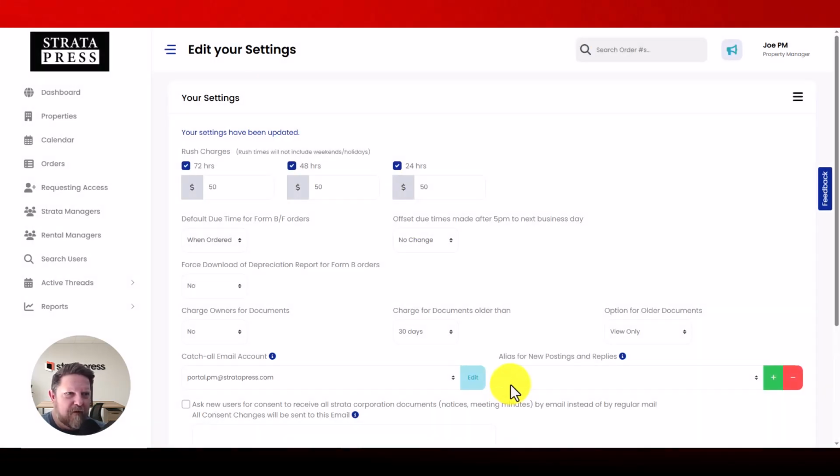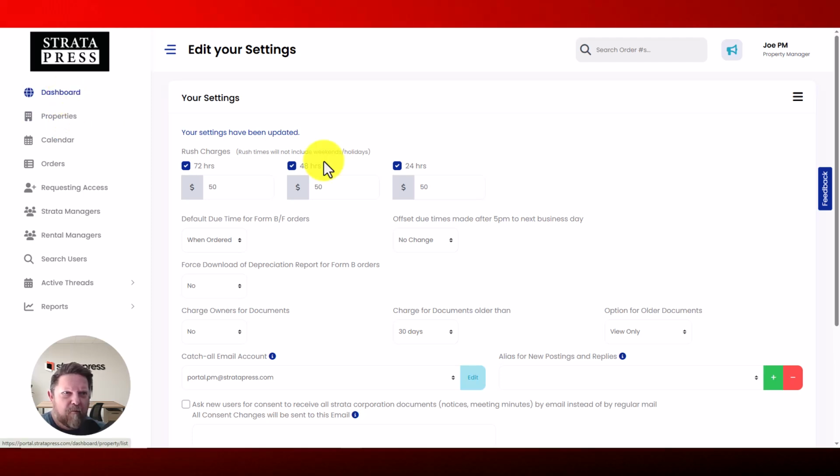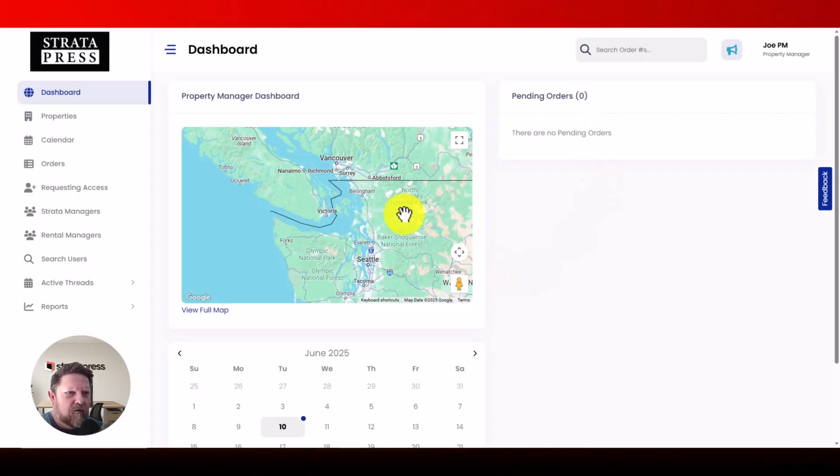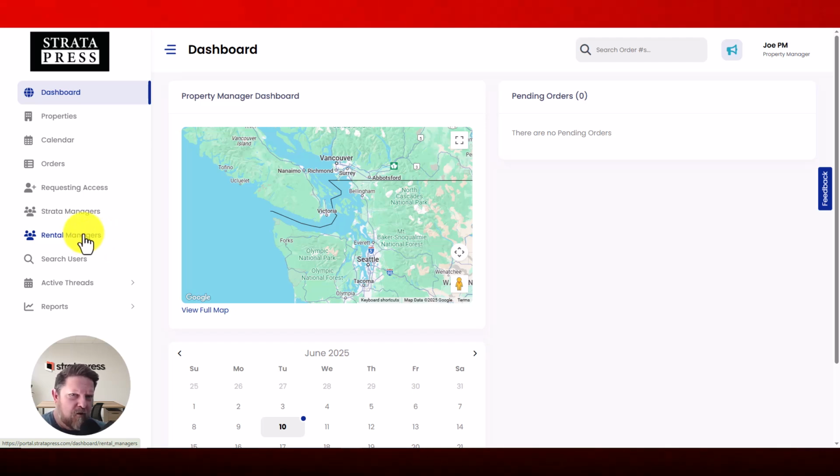Okay. That's all you need to worry about. Go back to the dashboard. This is what you'll see now. All we're interested in here is rental managers. So this is a full dashboard for property management companies to do strata management, manage documents, sell documents,